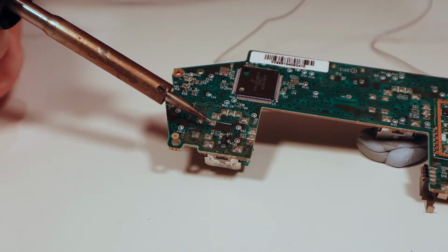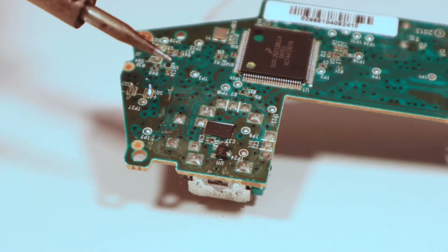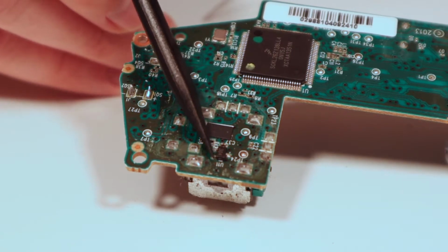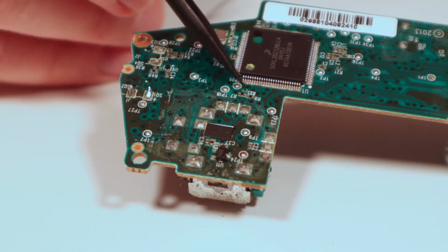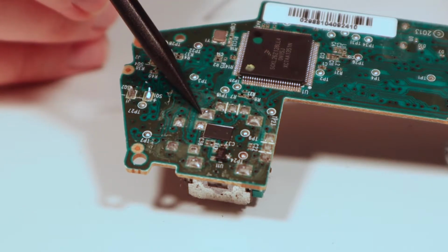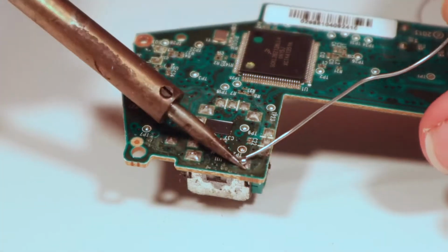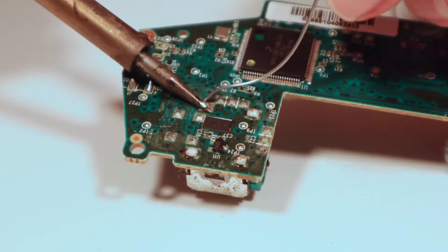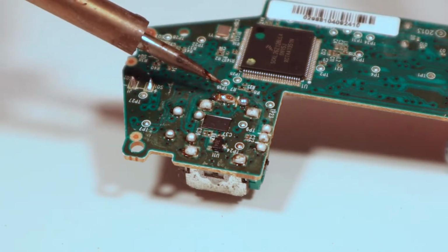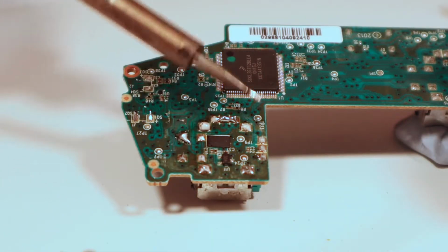Be careful, because there are some other tiny little capacitors here, and there's a 3-pin device here. There's one capacitor there, some little resistors up here. We don't want to touch them with a soldering iron tip, so we want to do that pad, that pad, that pad, that pad, these four here, 3 and 3, and then that will release the joystick. Now don't worry if you get in a situation like that where that's bridged, that doesn't matter because they're all coming off anyway. Okay, so once you've got a generous amount of solder on the pads,